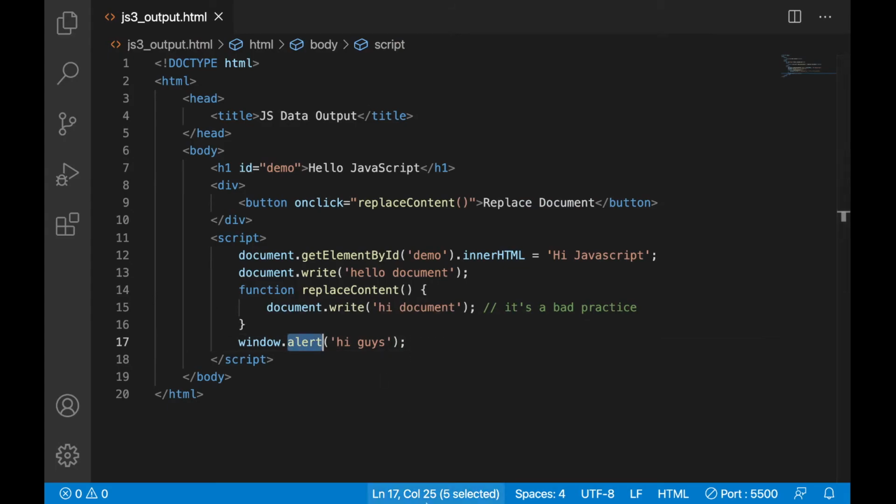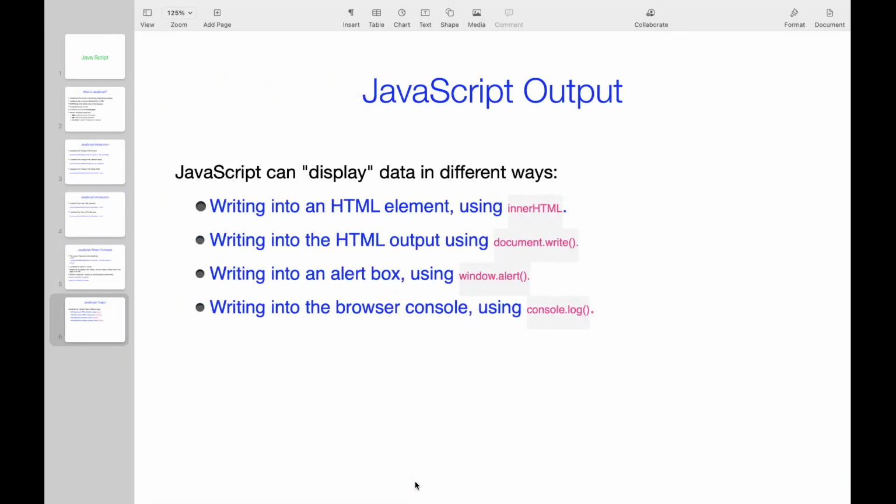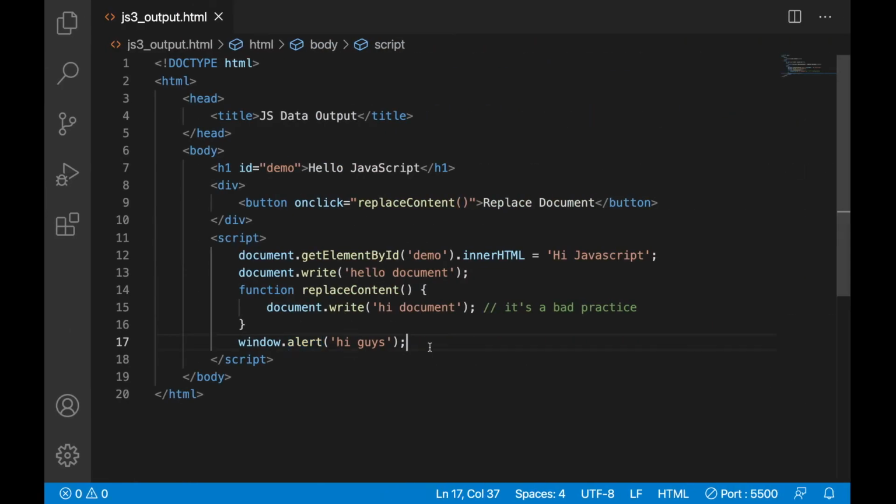Okay, next one, console.log. Console.log will print in the browser console. Let's write some console.log: hi, how are you.